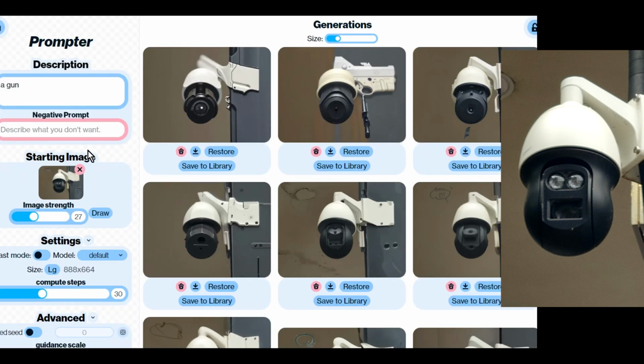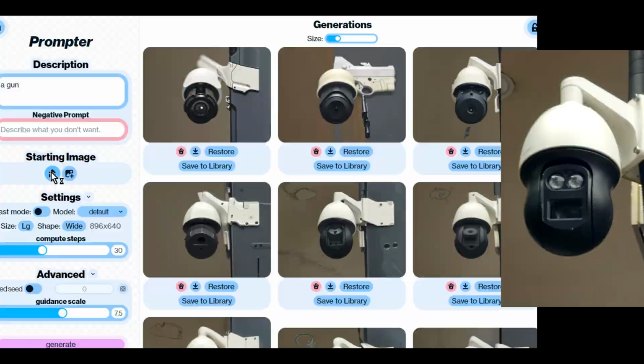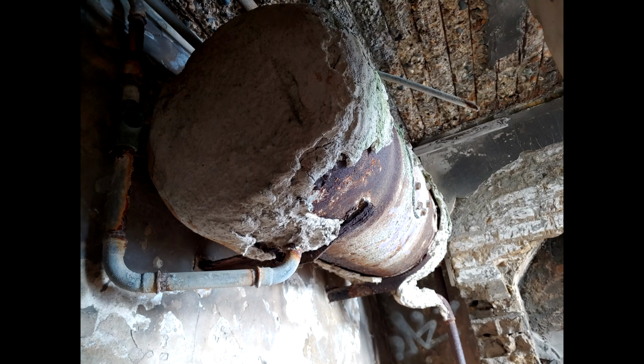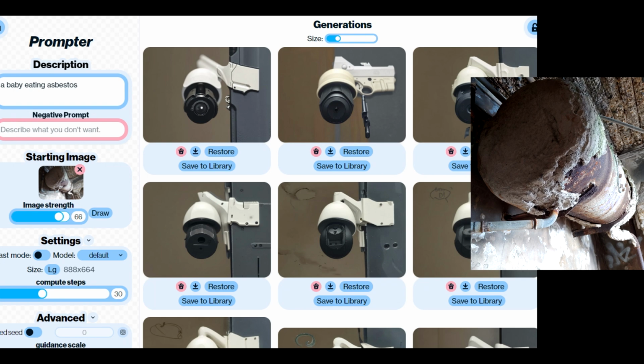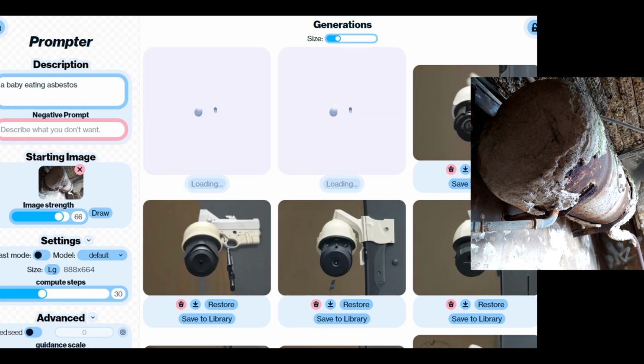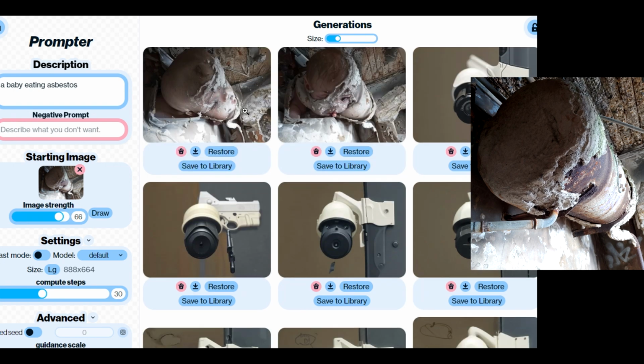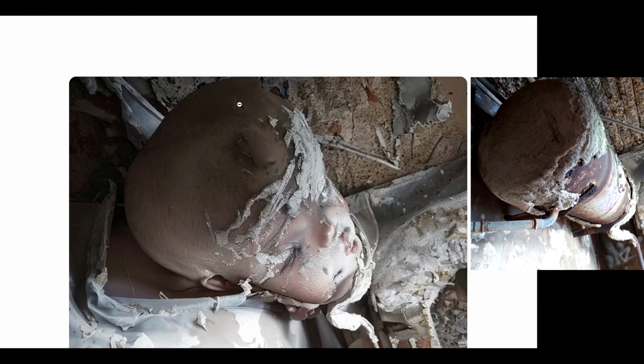Oh dear. Okay, let's try another image. Now this one I tried earlier and I want to see if it will do it again a second time. This is asbestos in a grain fort. And just as a joke, because I've got a rather silly sense of humour, I decided to put in a baby eating asbestos. I was thinking maybe it would generate a baby eating the asbestos off of this water tank. Rather than making a baby eat the asbestos off the water tank, it actually turned the asbestos into a